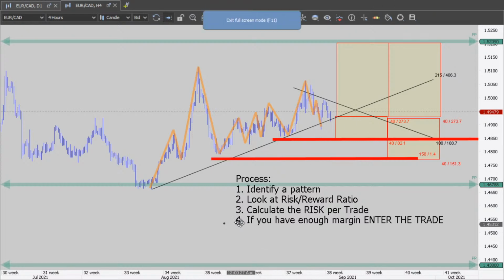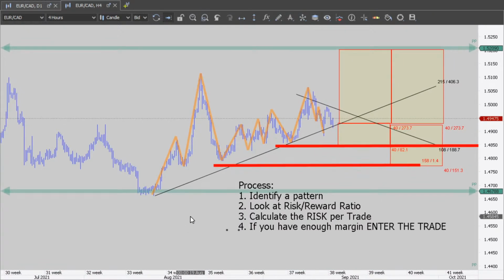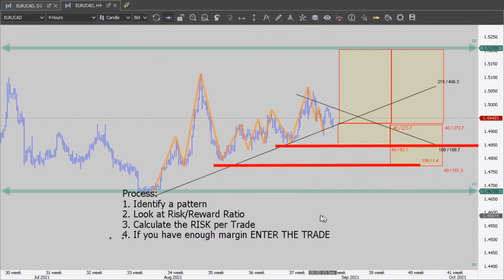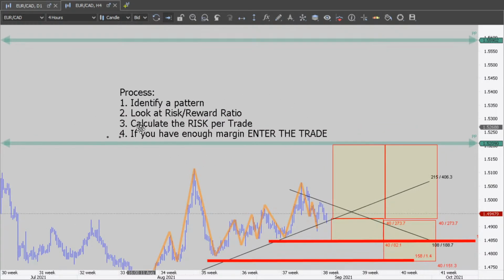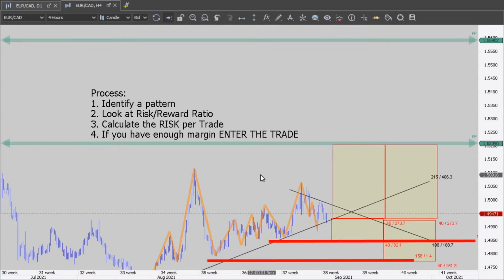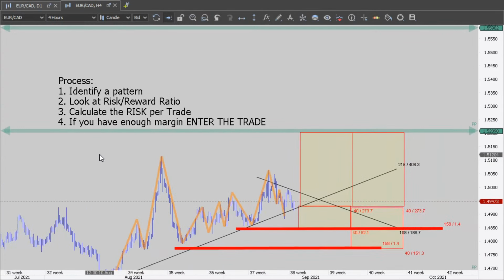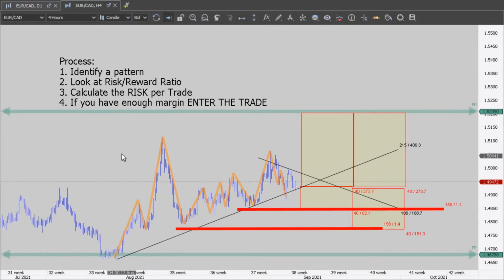Okay everybody, we're going to end today. If there are no questions, no time frames, no currency pairs, remember what we talked about. This is the process. Trading is not that difficult. And if you are not making it, ask for help. You can ask for help from myself, you can ask for help from somebody else. Find a trader from your neighborhood. Try to find a trader from your city and ask for help. Make sense everybody?